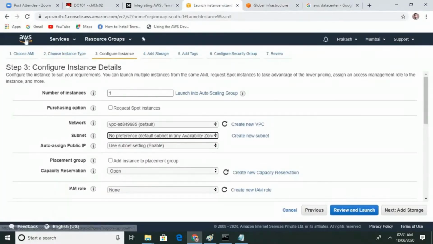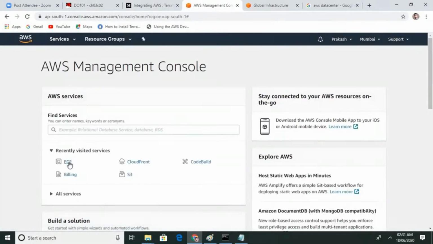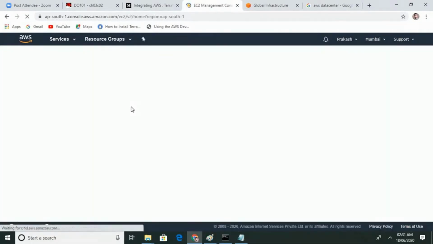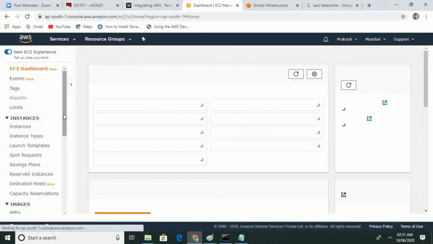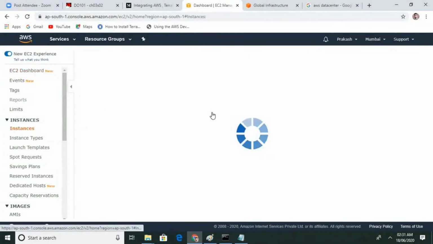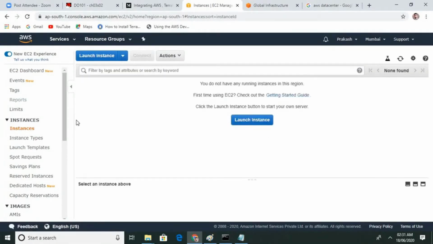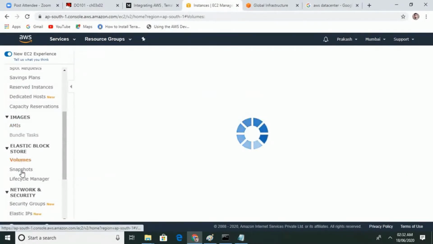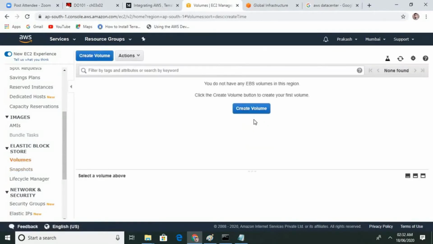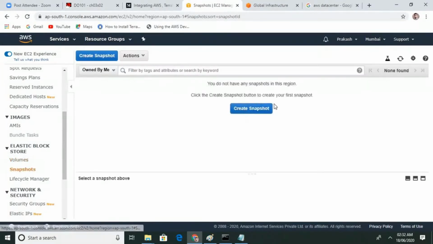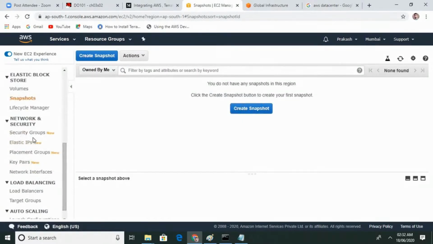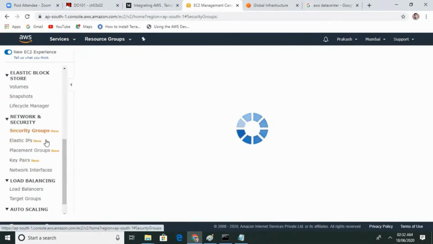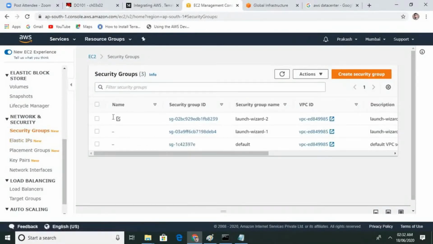You can see here there is nothing that I have created, all are empty. There is no instance, no volumes, no snapshot, no security group. Your security group is your firewall.